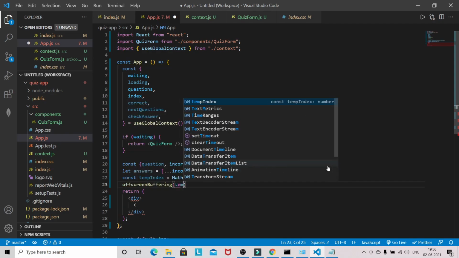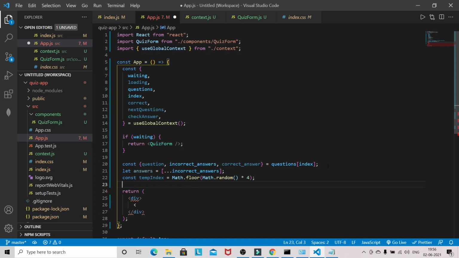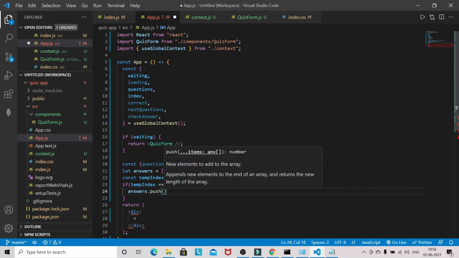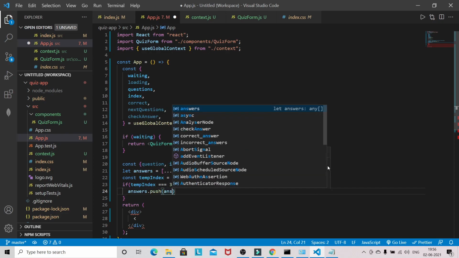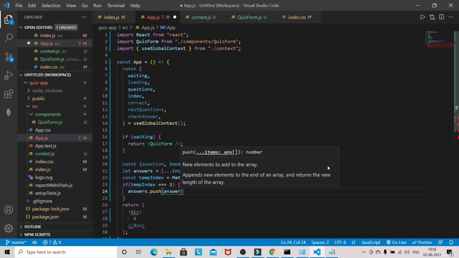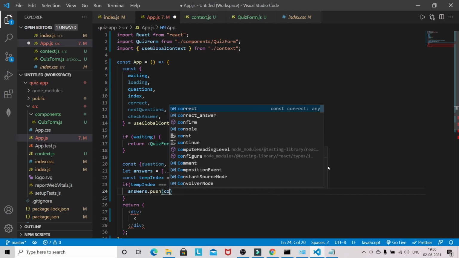If temp index is equal to 3, answer dot push answer, so answer dot push will be your correct answer actually.